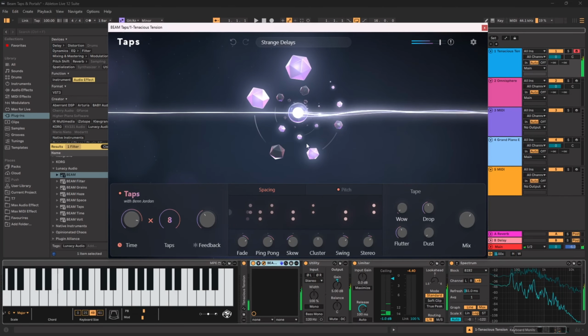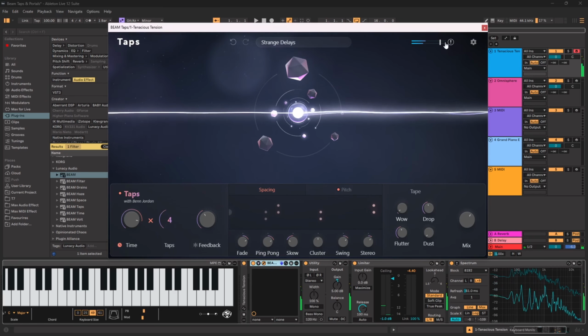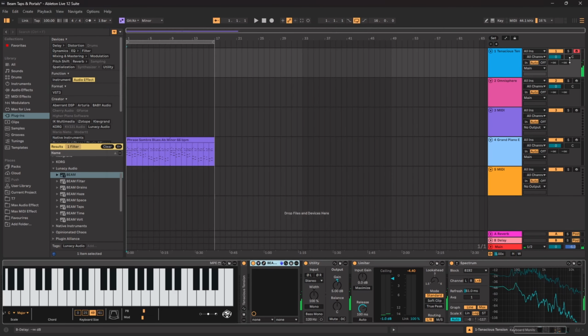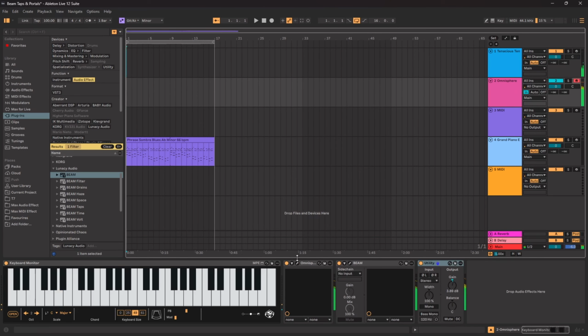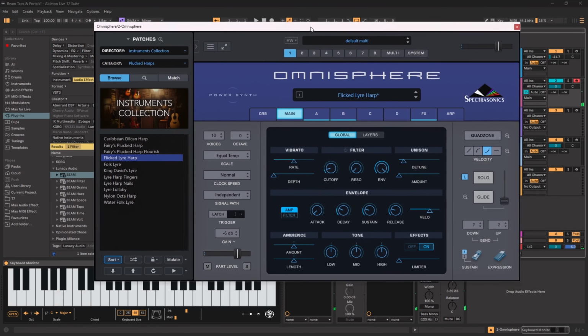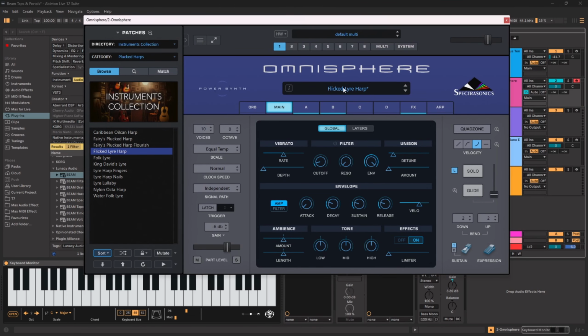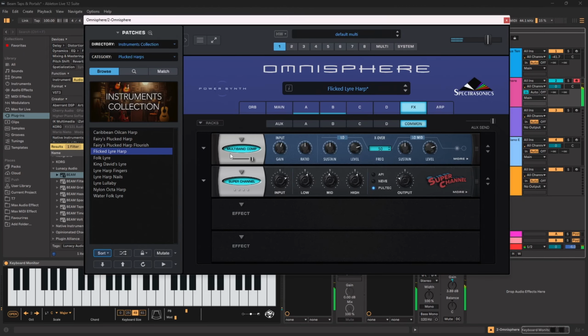Awesome stuff. So that's basically taps. You've got loads of these, but we'll take a look at taps again now. So let's just run this on Omnisphere. This patch here in Omnisphere, if anyone's interested, is flicked lyre or harp, and I've taken off any effects that were on here